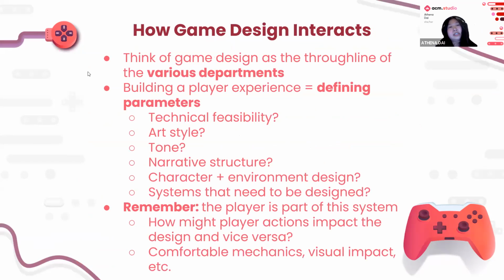And then finally, when you've gotten your core idea, you've started building some concepts off of it, now it's thinking about how the design might interact with other things, right? If you want a horror game, what does that mean now when it comes to programming? What does that mean when it comes to visuals? Do you want it to be super dark and oppressive, or do you want it to be almost uncannily bright and vibrant, right? These are things that you need to think about, and this oftentimes just means thinking about it in terms of other aspects of game development, right? I was talking about how it looks visually, how does it work technically,